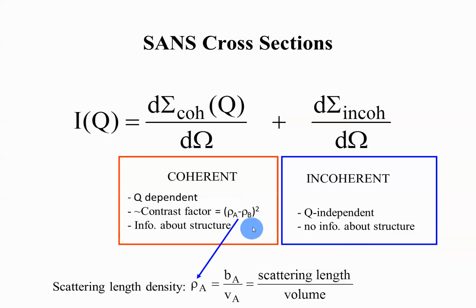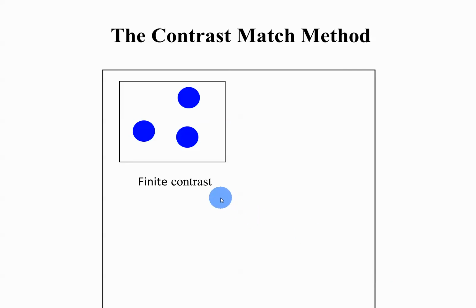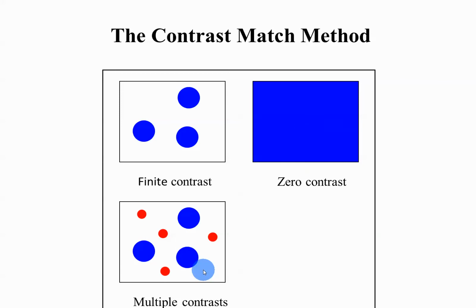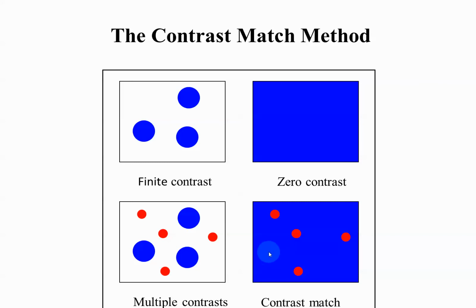So the contrast factor involves the scattering length densities. It's just like the scattering length per unit volume for a monomer or a micelle or whatever. The contrast match method. So deuteration is a form of changing contrast, replacing hydrogen atoms by deuterium atoms. This is finite contrast. If you have, for example, a solvent with the same deuteration level as your particles, you will not see anything, 0 contrast. Multiple contrast, if you have different contrast for different particles. And then contrast match 1, you'll see only